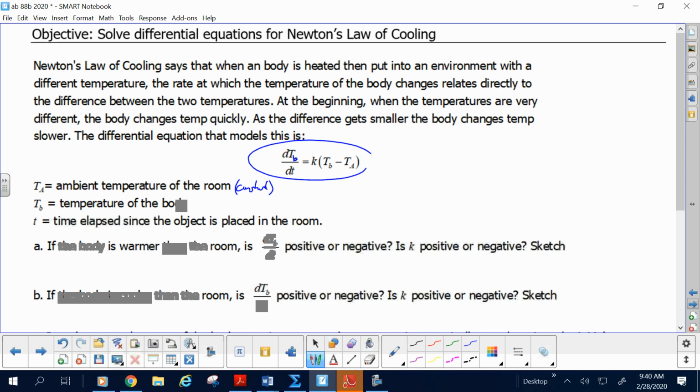This is not O, this should be B, all the way down. They're O's. I was using T sub O for temperature of the object, but people got confused. They thought that meant initial temperature, and that is not what it means. So I'm changing them all to B's. Okay, so temperature of the body